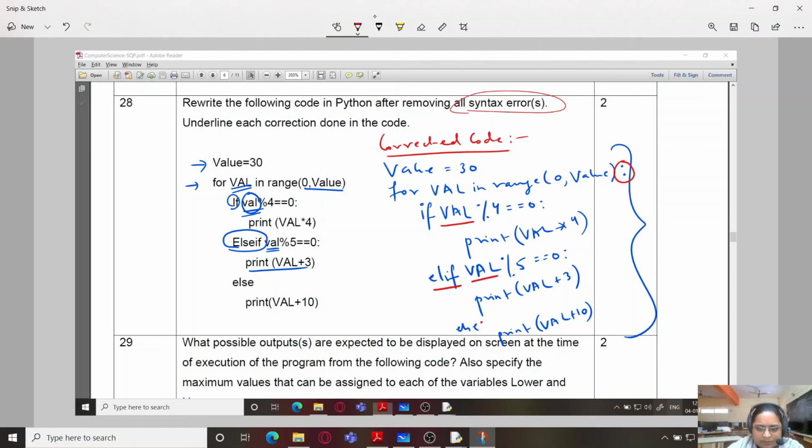So how many total errors are there? 1, 2, 3, 4 and 5 errors are there. So don't worry about the marks, all you have to make sure is to point out as many syntactical errors as you find in the code. Marks will be adjusted, and usually it is provided in this way that if somebody has provided all the corrections, give full marks. If one correction has been missed out, maybe half mark or a quarter mark will be deducted. So you should not worry about the number of errors. Instead you should point out all the errors which are there in the code.